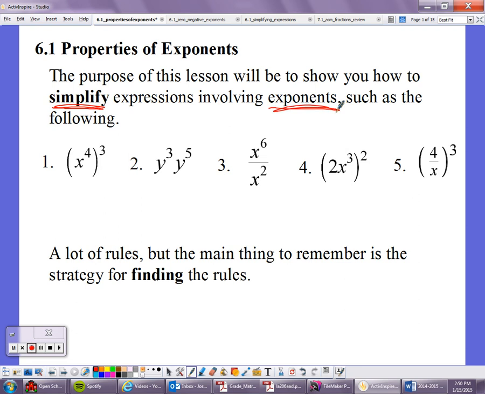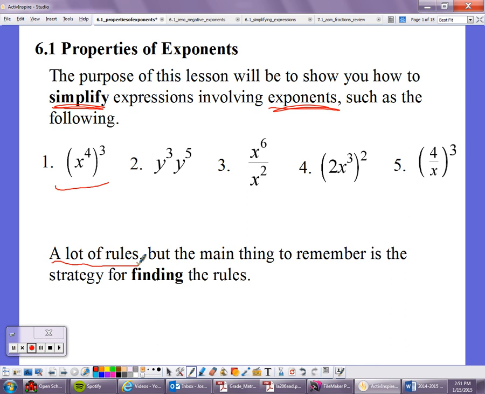Here's some examples of what we're going to be looking at, something like this: x to the fourth to the third power, or y cubed times y to the fifth, and so on. You can see all of them there. We're going to eventually get through all of them. I'm going to go through 5 different rules for solving these 5 different kinds of problems one at a time. It's 5 rules. It is a lot of rules, but as I'll emphasize over and over again,